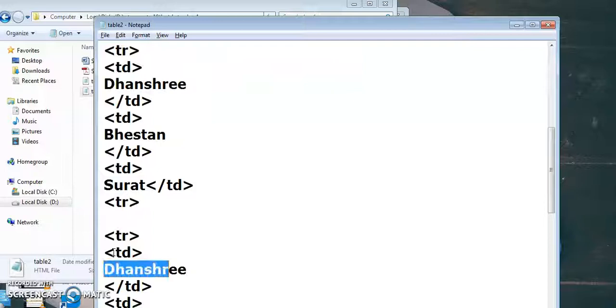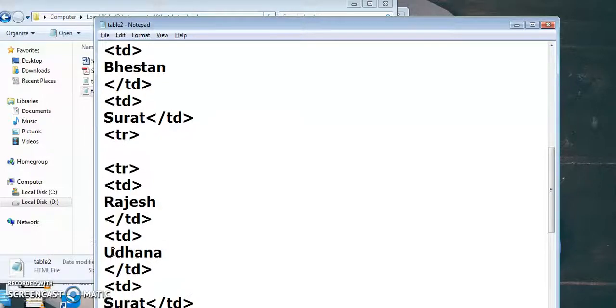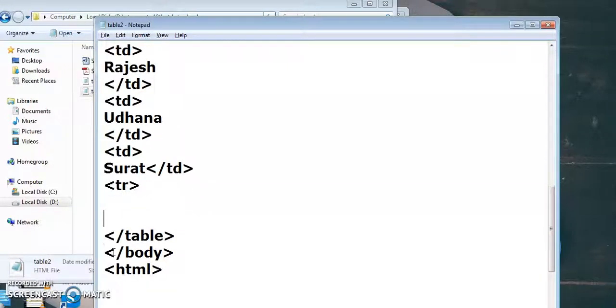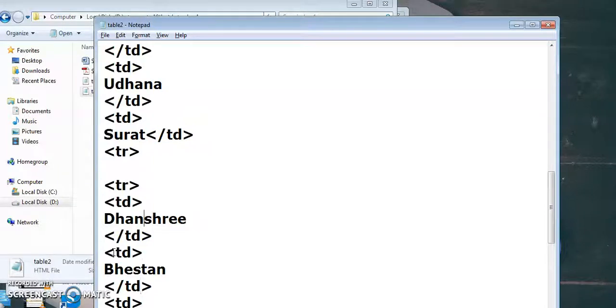I will update Dhansri with Rajesh, Bestan with Udna. Again I will add a third value, Dhansri with Smita, and this with Randeep.